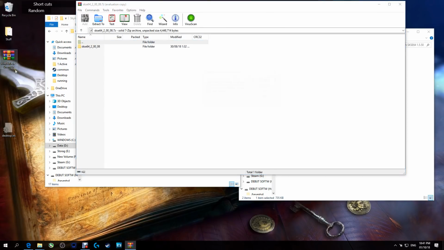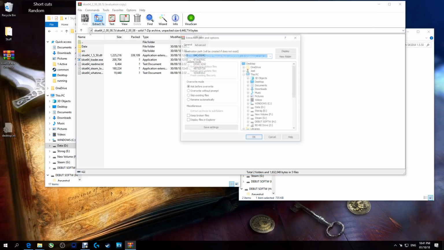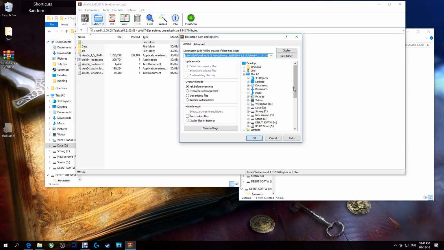It'll open up WinRar, it'll open the zip folder, and then you can explore it. All the files there, yep. And then up here you'll have extract to. Click that, you select where you want it to extract it to, you click OK, so we'll just say desktop, hit OK,